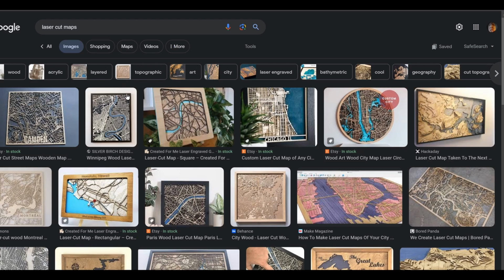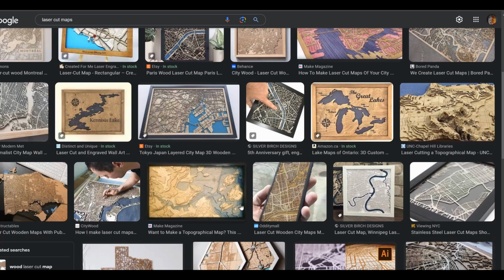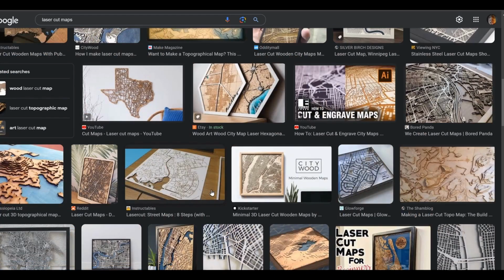Here we can see, by Googling laser cut maps, tons of options available. All of them use beauty, aesthetics. You can see that some of them use color to designate water or other features. Many of them are layered with multiple different types of data, street data, water data, land data. All of this spatial data being used specifically to create this visual, pleasing, and informative type of laser cutting